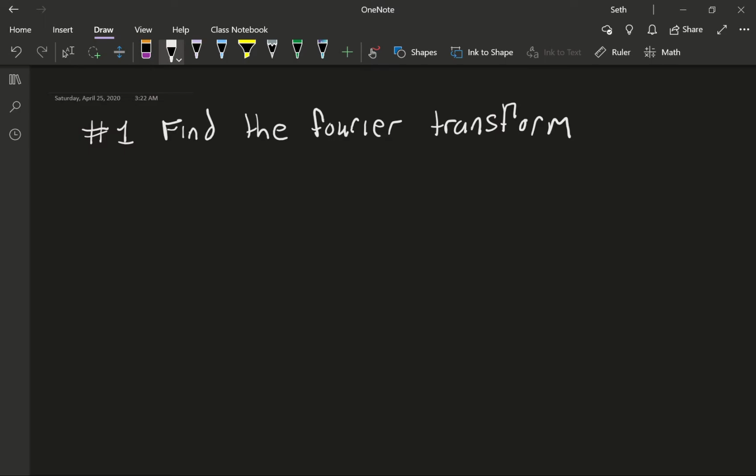Okay, so number one asks us to find the Fourier transform, and A is given by x of t equals d dt